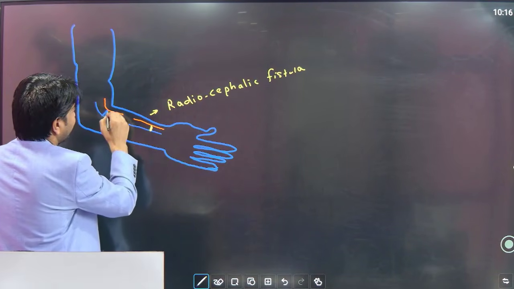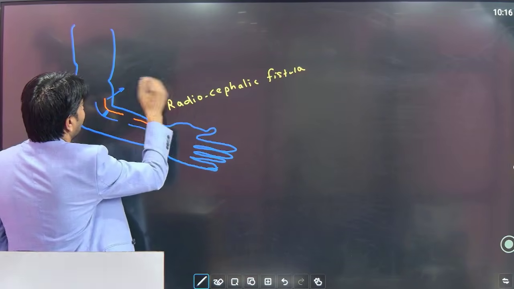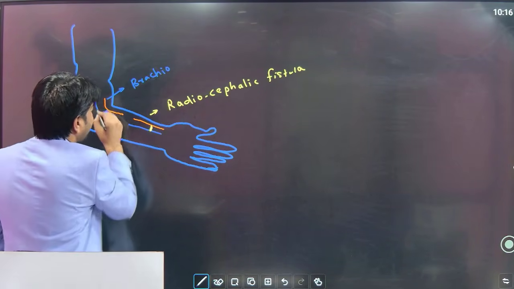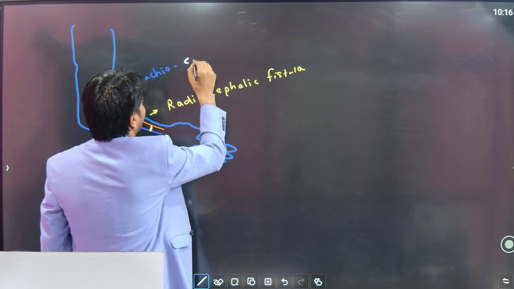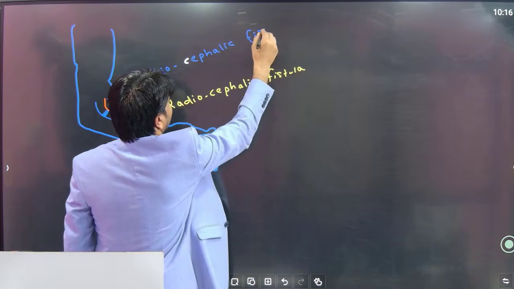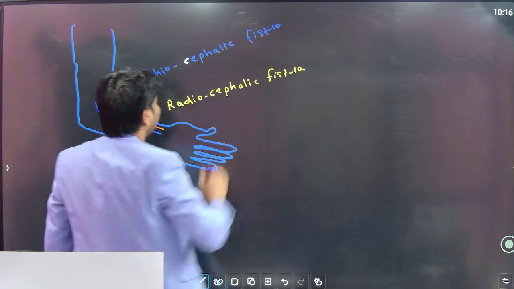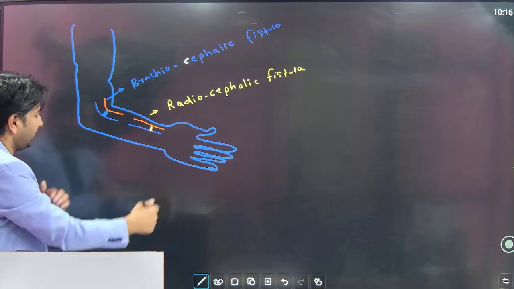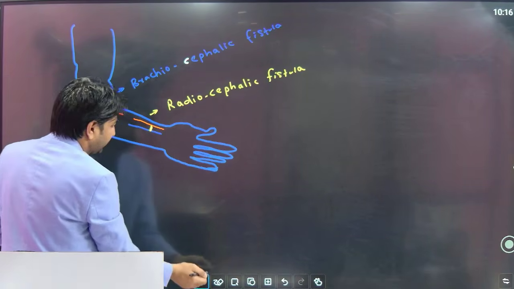The fistula is formed. The artery inside this will be the brachial artery, so this becomes brachial, and the vein will be the cephalic vein, so this becomes a brachiocephalic fistula. Sometimes, instead of here, we create the fistula a bit higher up, that is, above the elbow, so in that case,